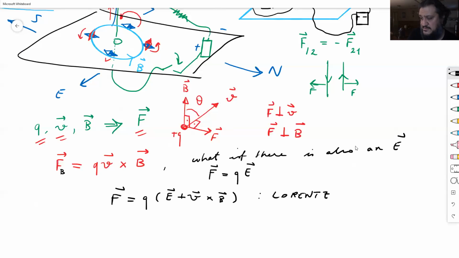Lorentz. I'm not sure if there's a T there. Lorentz force. All right. That's another example where electricity and magnetism are put together. They're related. Okay. If you want to learn advanced physics, when you read about Albert Einstein and his theory of